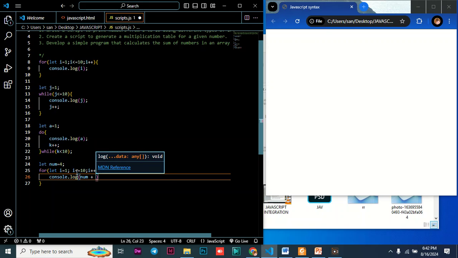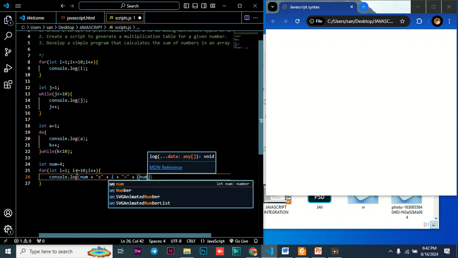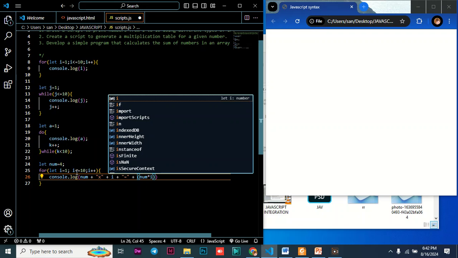So we are just giving an expression of what we want to do. It's a multiplication, so we say plus i, then plus. Remember, these pluses are just meant for concatenation. Then "is equal to", plus, and now num times i. So this statement is very long,